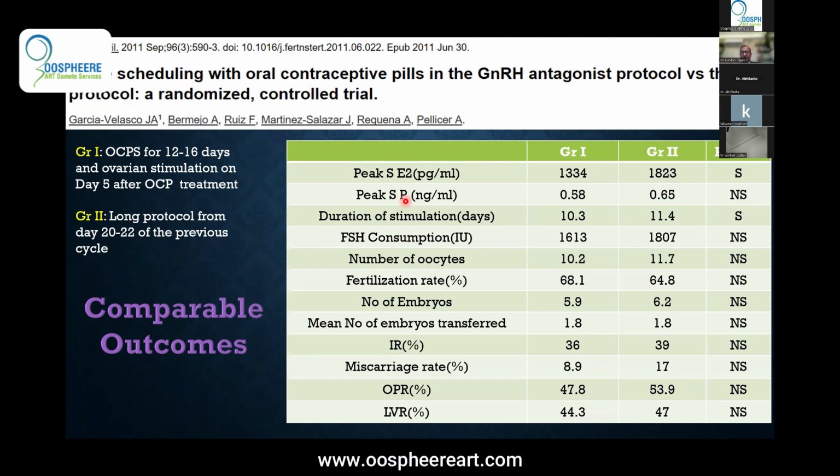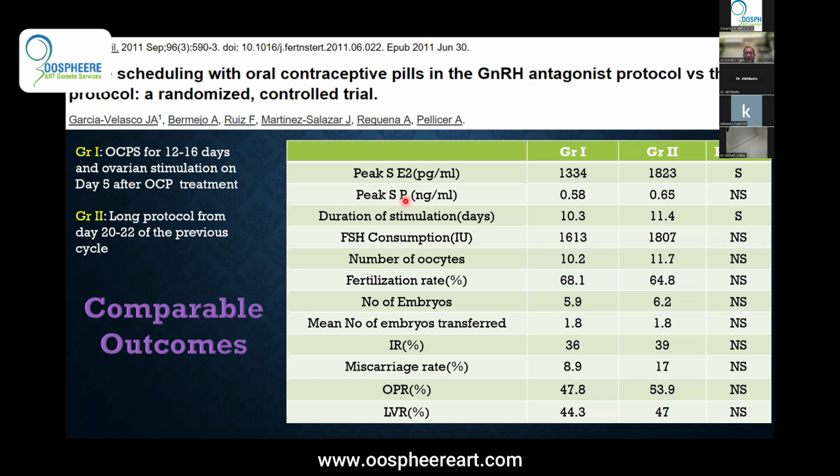So, uniform pituitary downregulation, what you get with oral contraceptive pills. Usually it is recommended that 12 to 16 days is sufficient to use oral contraceptive pills, and then once you stop OC pills, 5 days later, you have to start the stimulation. Now, this protocol is compared with the long agonist protocol, which we have seen already, and they found absolutely comparable